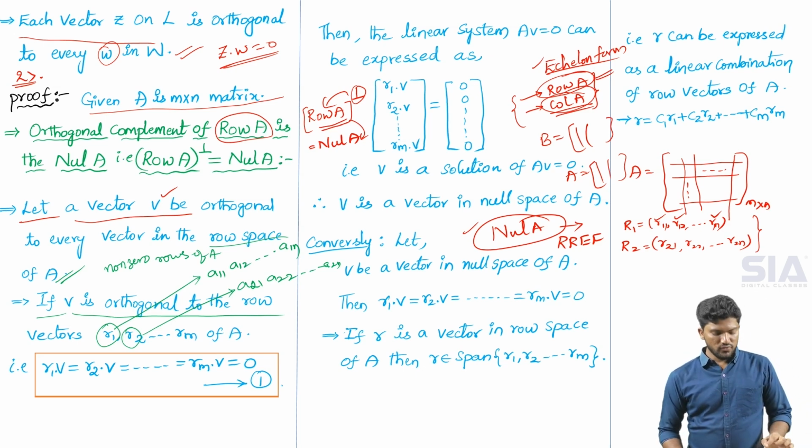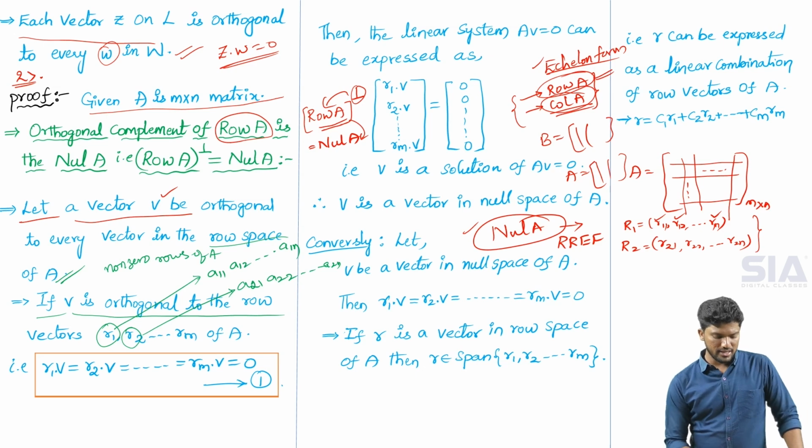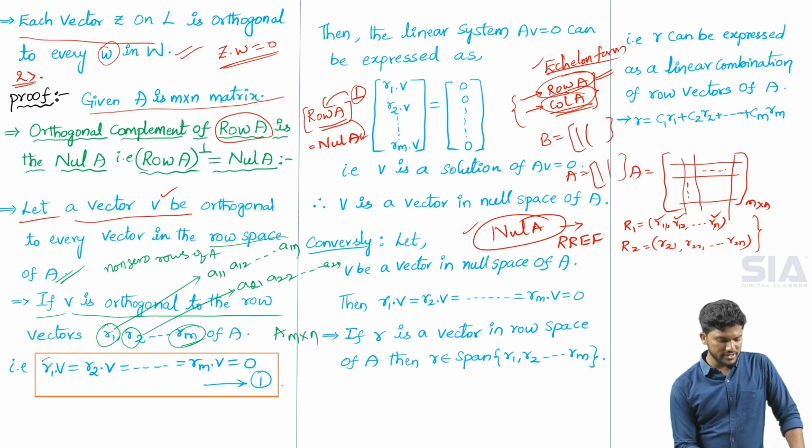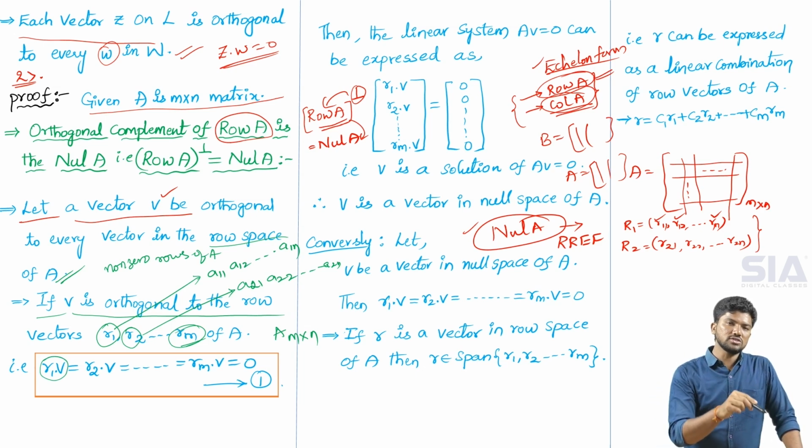So if V is orthogonal to the row vectors, row vectors are nothing but the row space of A. ఆ రోకి V అనేది ఆర్థోగోనల్ అయితే అక్కడ ఎన్ని రోస్ ఉన్నాయమ్మా, r suffix m. Why, because capital A has small m rows and small n columns. So therefore, according to the definition of orthogonal, we can make that inner product of rows and vectors